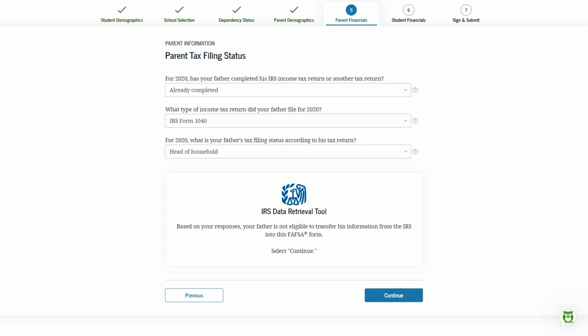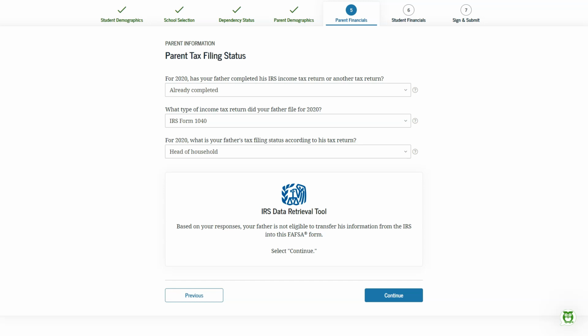name and address. Be sure to try and get the IRS data retrieval tool to work a couple times. If at first it doesn't work, there may just be an issue with how you typed in your address. Maybe in the data retrieval tool you abbreviated Avenue, but on your taxes you actually spelled it out. So be sure to try a couple different things if the IRS data retrieval tool isn't working for you at